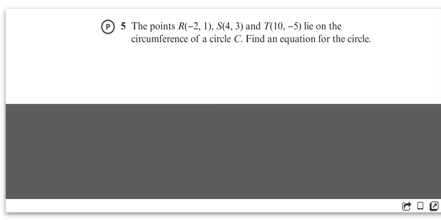This question is from Pure Book 1, exercise 6F, question 5. And it's asking us to find the equation for a circle. They've given us 3 points, and they've told us that they lie on the circumference of the circle. 2 points will define a line, 3 points define a circle. Even if the points lie in a straight line, it still defines a circle, but the center will be at